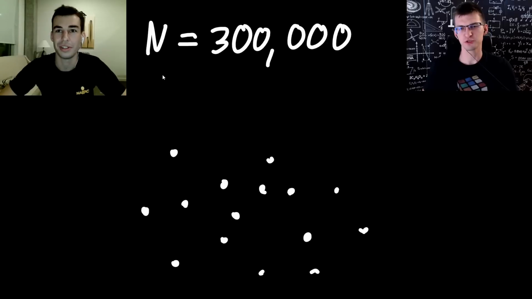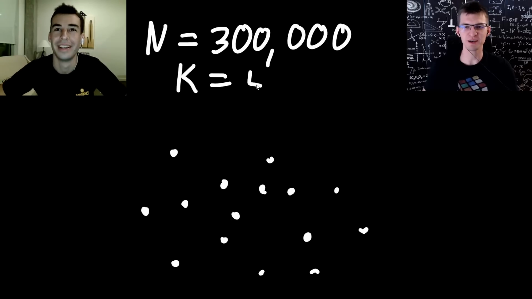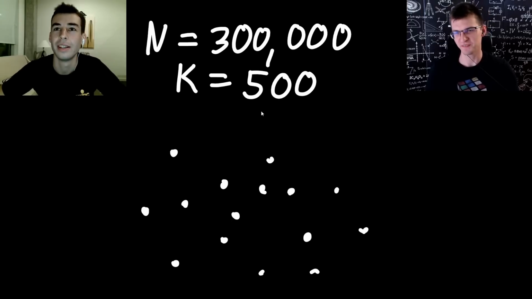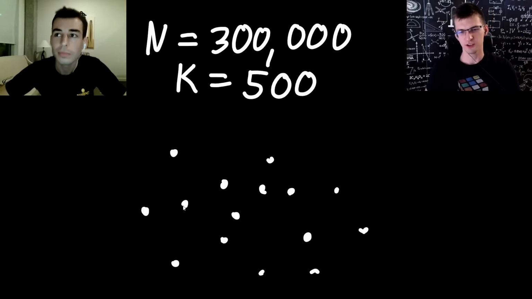Samples sound interesting then, but okay. The sample was cheated. The sample had only 10 points. N is equal to 300,000 except for the sample test. You need to choose exactly k of them, and k is again just equal to 500. It's not a variable. You need to choose k points,